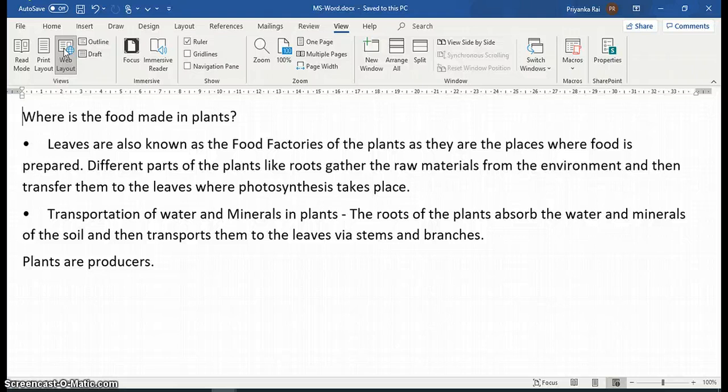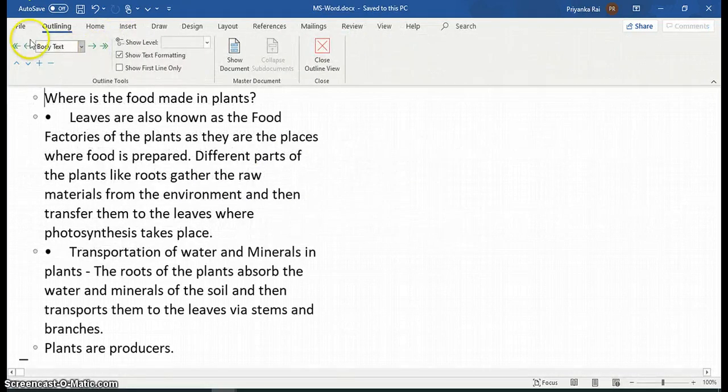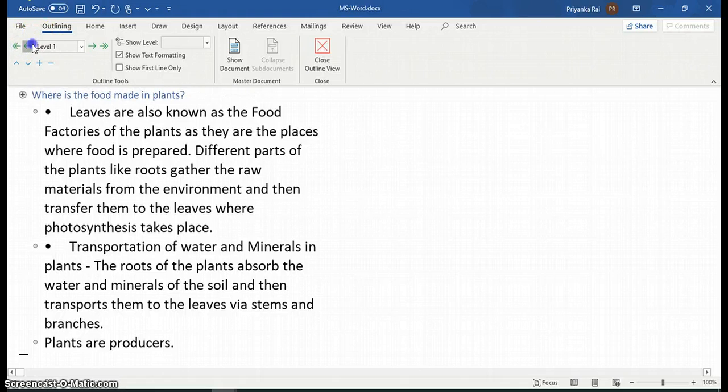When you are creating a web page, a page which appears on a website, how will that particular page look like? So this is called as the web layout view, and this is the outline view. This is the different view.